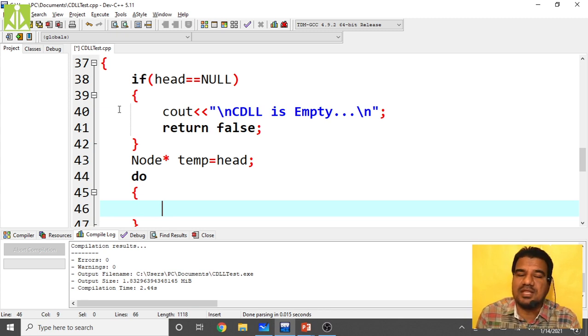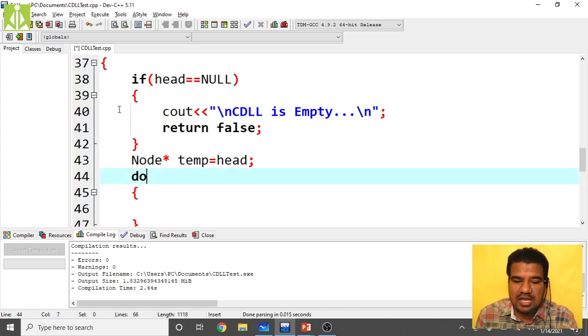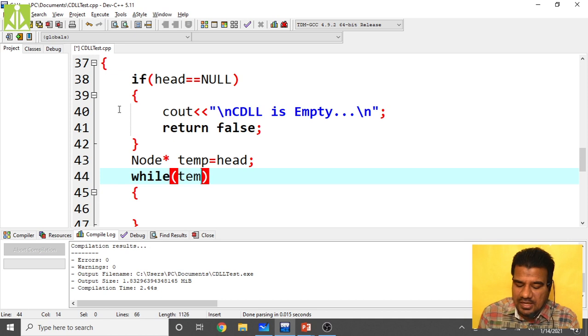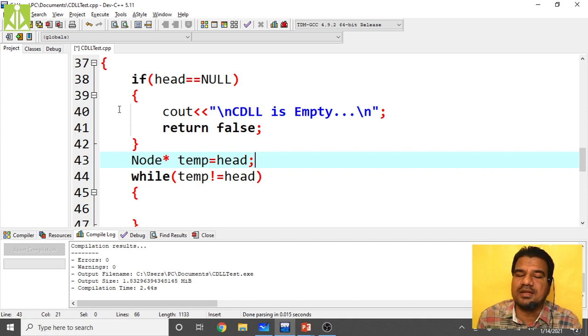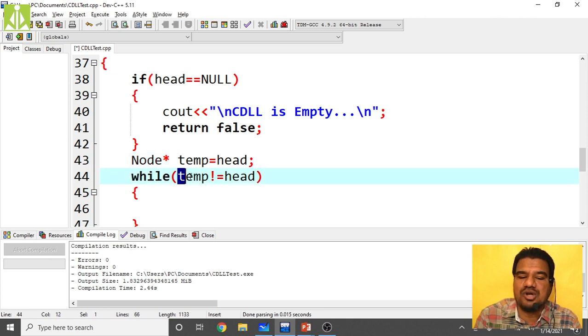Generally, when we are traversing through the linked list, we say temp should not be equals to head. But here you made the temp as head, and in the next statement you are saying temp should not be equals to head. So ultimately your loop will not iterate even a single time. In the first iteration only your loop will fail.